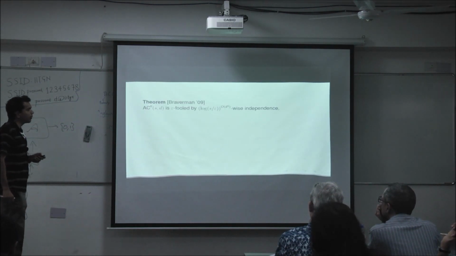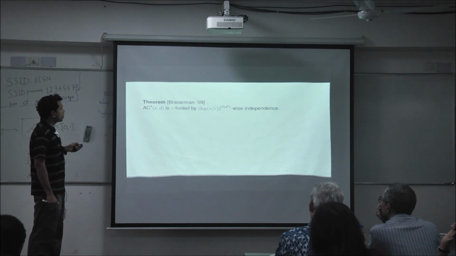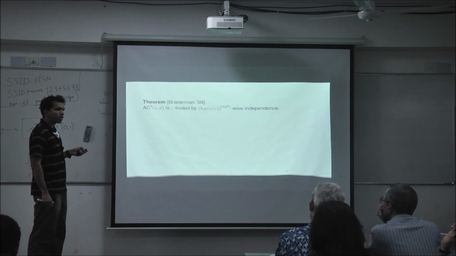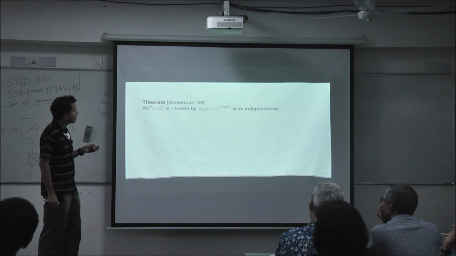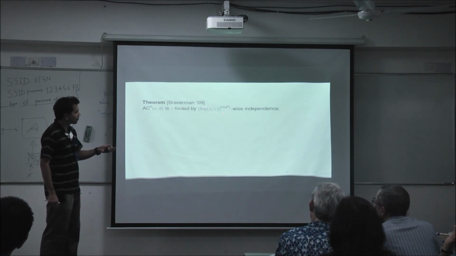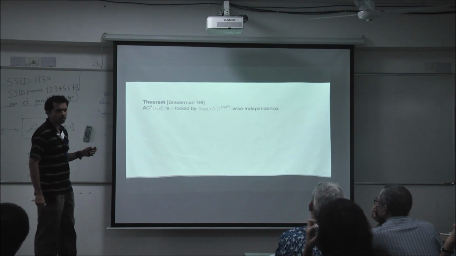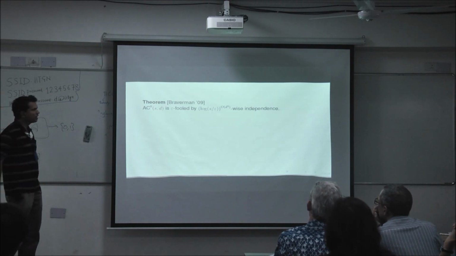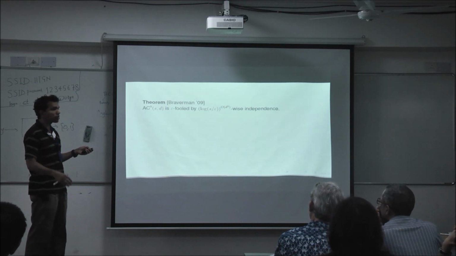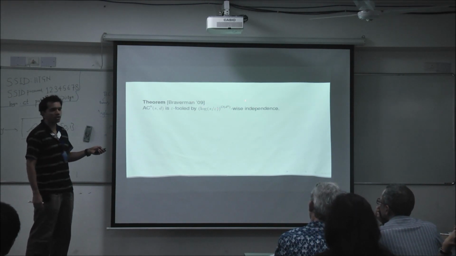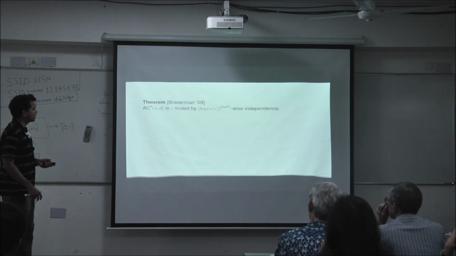Right, so let me take Braverman's theorem formally here, because our improvement will be in the parameters. What he precisely proves is that AC0 circuits of size S and depth d are epsilon-fooled by k-wise independence, where k is polylog, but it's (log S over epsilon) to the d squared. I want to bring to your attention the same kind of dependence that we had with the approximating polynomial. There we had (log S over epsilon) to the d. Here we have (log S over epsilon) to the d squared. Okay, so this is what we are going to do.